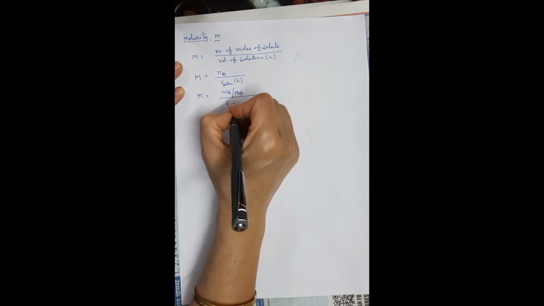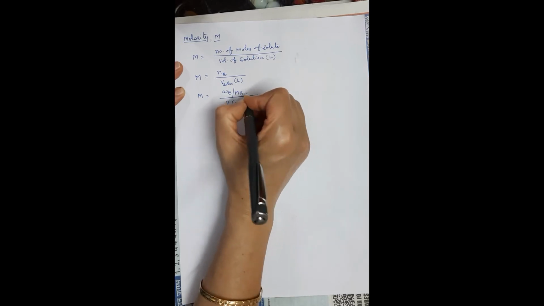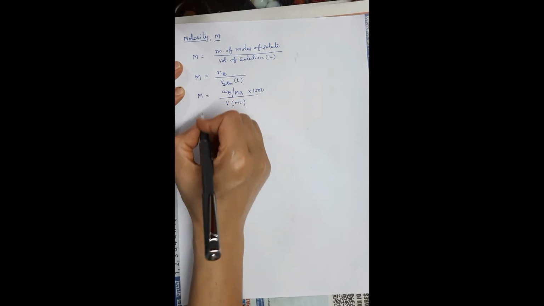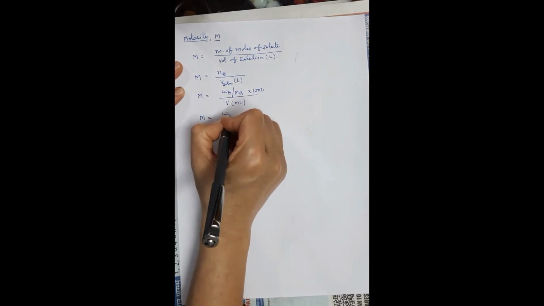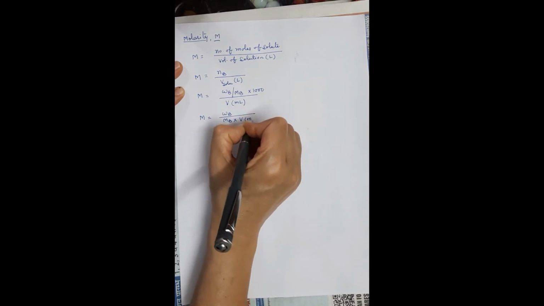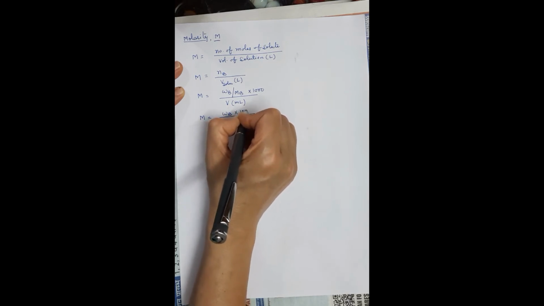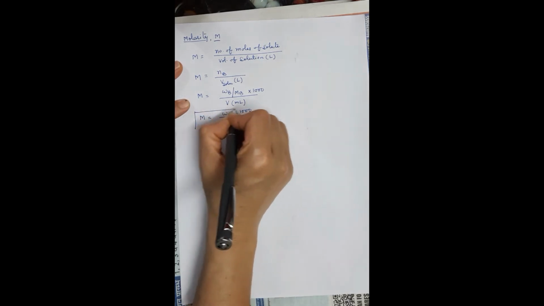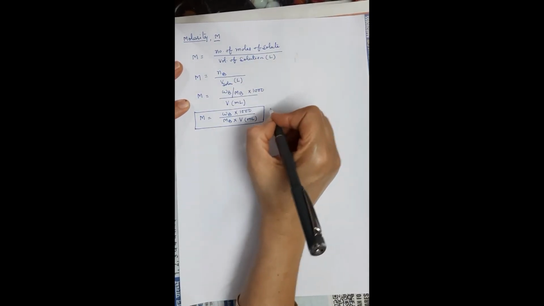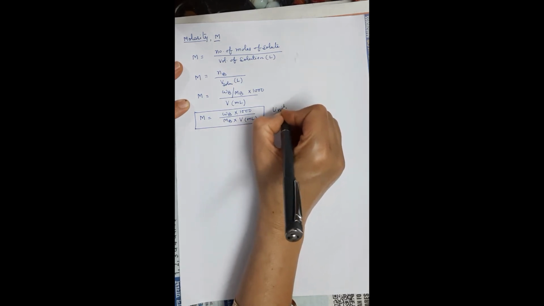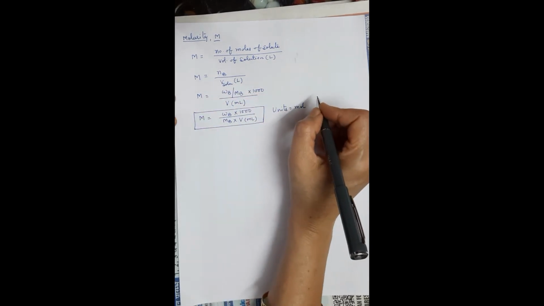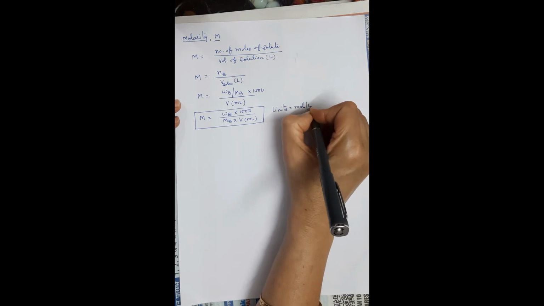But many times volume is given in milliliter in the numericals, so you need to convert it into liters. Just divide this by 1000 and you will get this. So my formula here is Wb upon Mb into volume of solution. If it is given in milliliter, multiply this by 1000 in the numerator and you will get this formula. Learn this formula. What are the units of molarity? It is expressed as moles per liter, written as mole per liter.